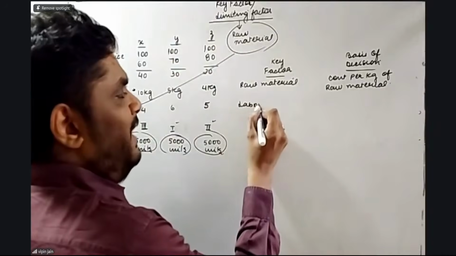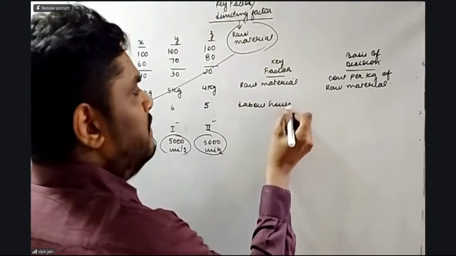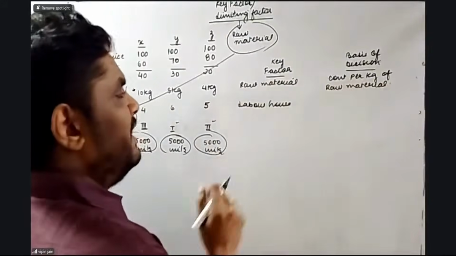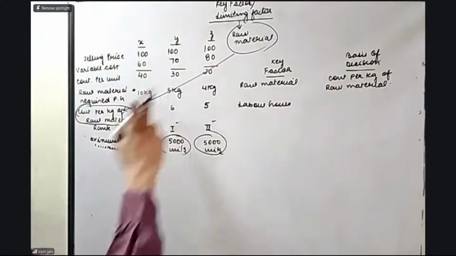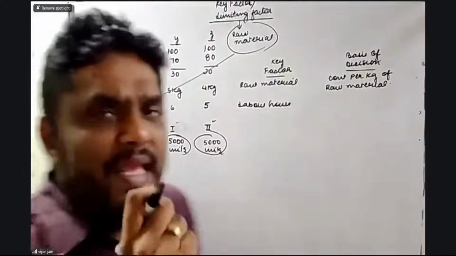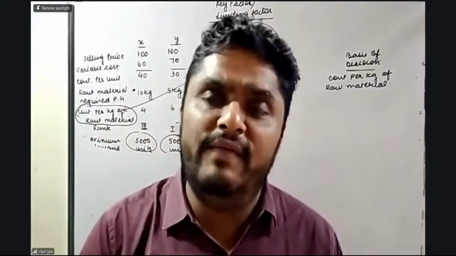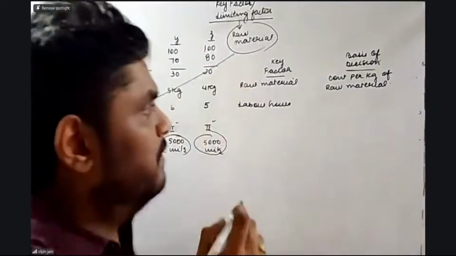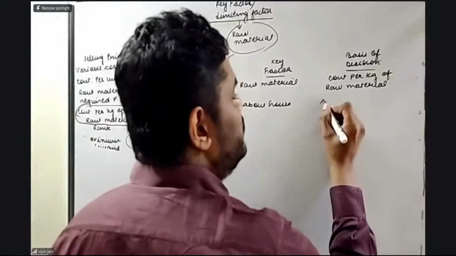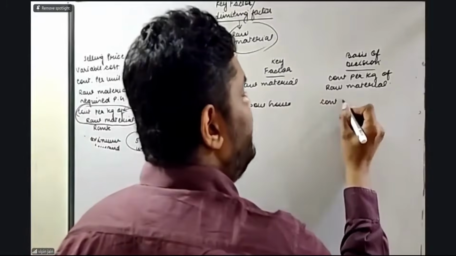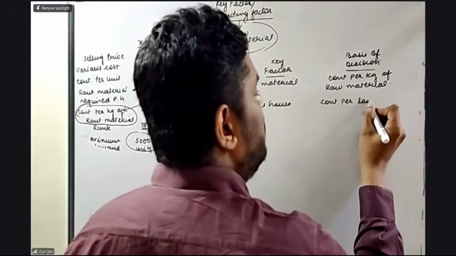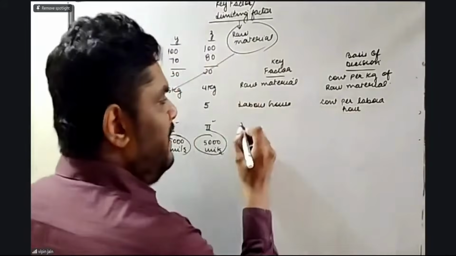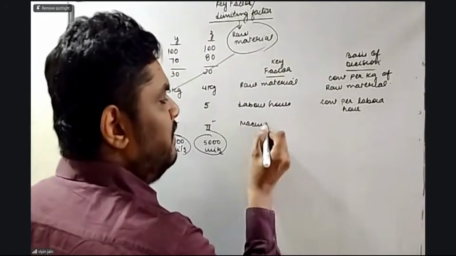Let's say my labor hours are my limiting factor. If my key factor was raw material, contribution per kg of raw material; if my labor hours are my key factor, then very important, labor hours per unit will be given and my decision will be based on contribution per labor hour. So which product should we manufacture? The product with the highest contribution per labor hour. Similarly, if machine hours are my limiting factor,